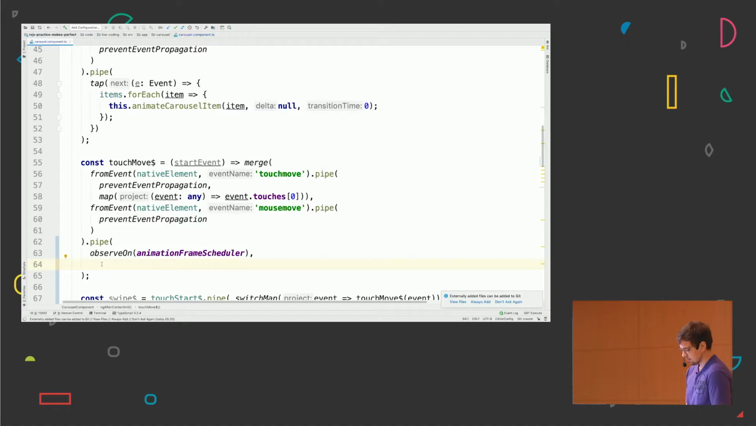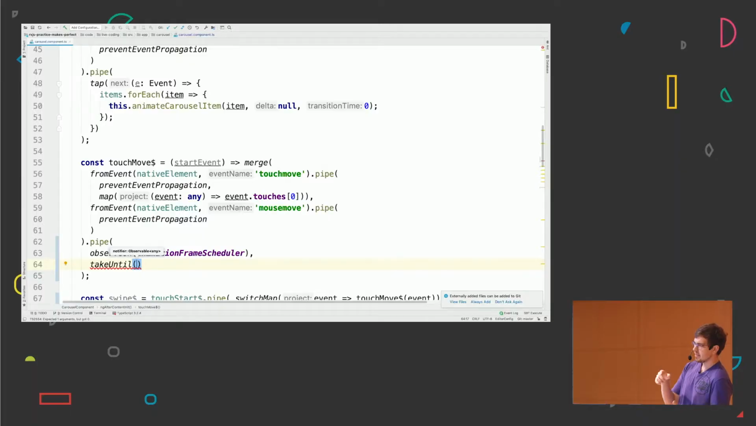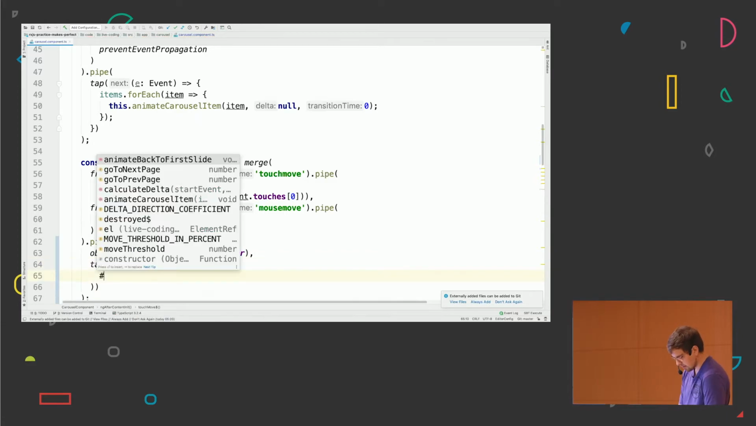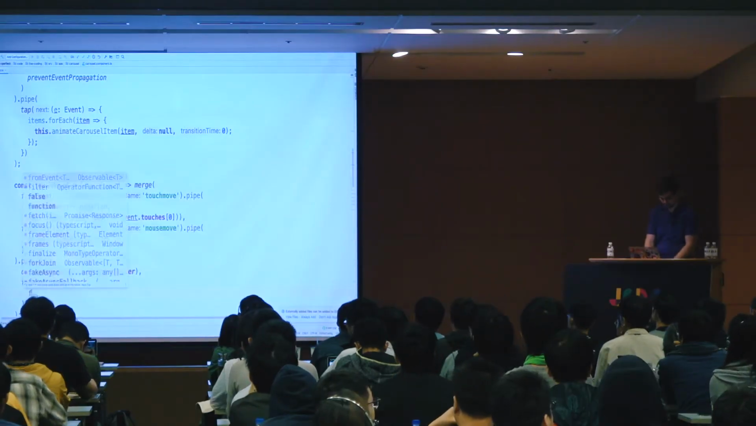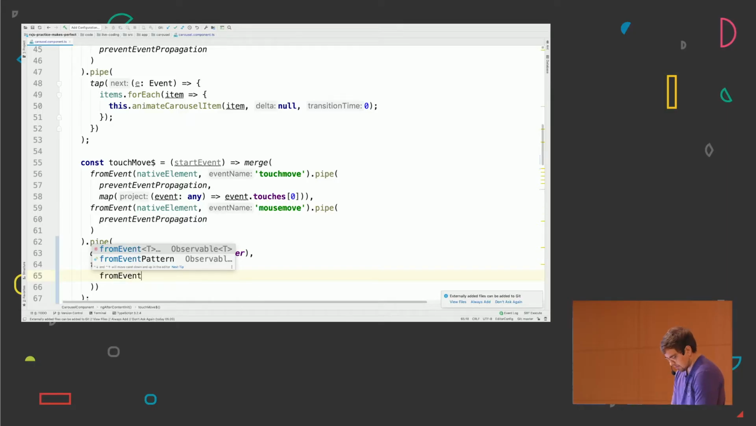I already mentioned that we want to calculate the distance till the user released the mouse. Therefore, we are using the takeUntil operator, and because it could either be a mouseup event or a touchend event, we are using the race operator. It's very similar to Promise.race. So it's just using the first value emitted by one of those two observables. So we are saying fromEvent,